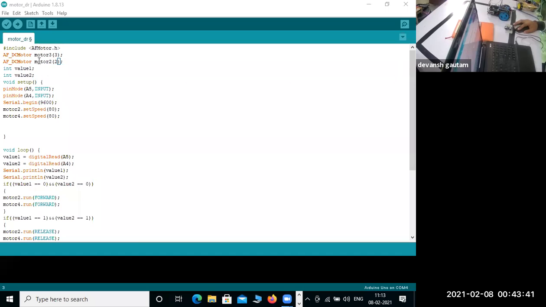Okay, so what I am doing in this program, I am using section 3 and section 2. Section 3 is controlling the third motor, and section 2 is controlling the second motor. You can have 1 and 4, or 1 and 3, or 1 and 2 also, but I am using 2 and 3 because it is applicable for my wires.